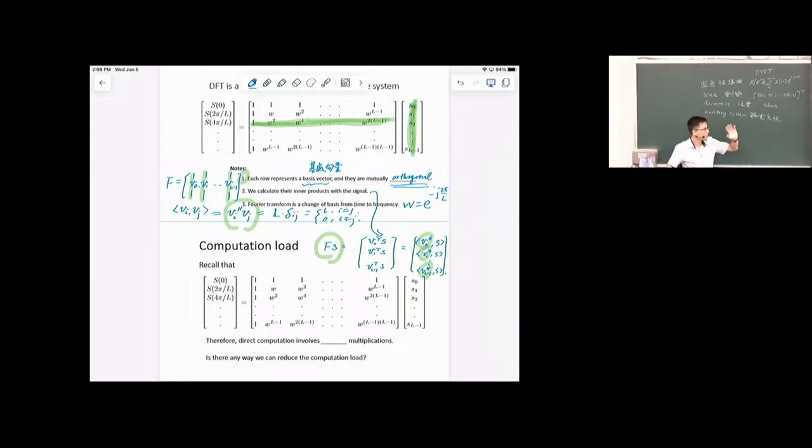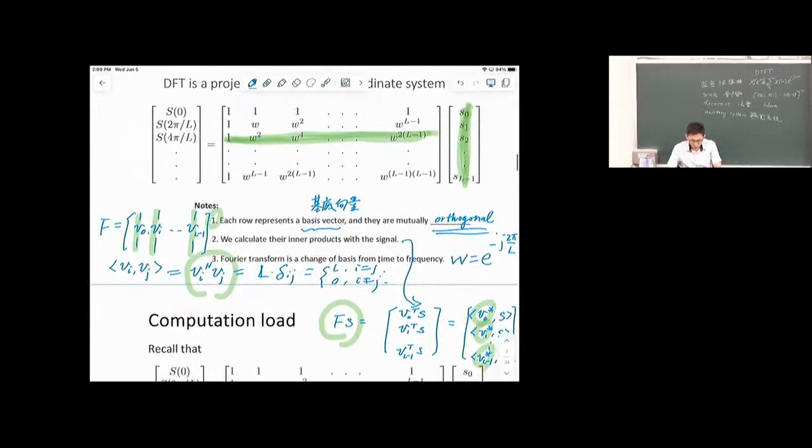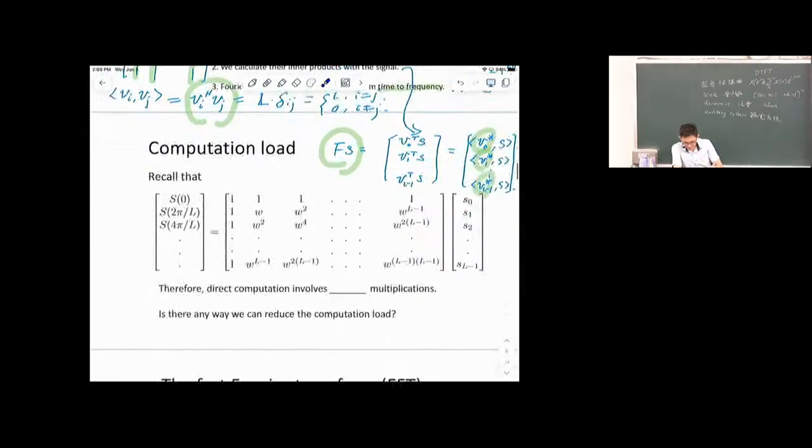Everything can be summarized by this matrix representation. It tells us a lot of information. Okay, so this is what I want to share with you. So in short, Fourier transform, what is going on right here? Fourier transform is a change of basis. Projection, a change of basis from time to frequency. Okay, start with time domain right here, end with frequency domain spectral lines after the transformation. Okay, and how about the